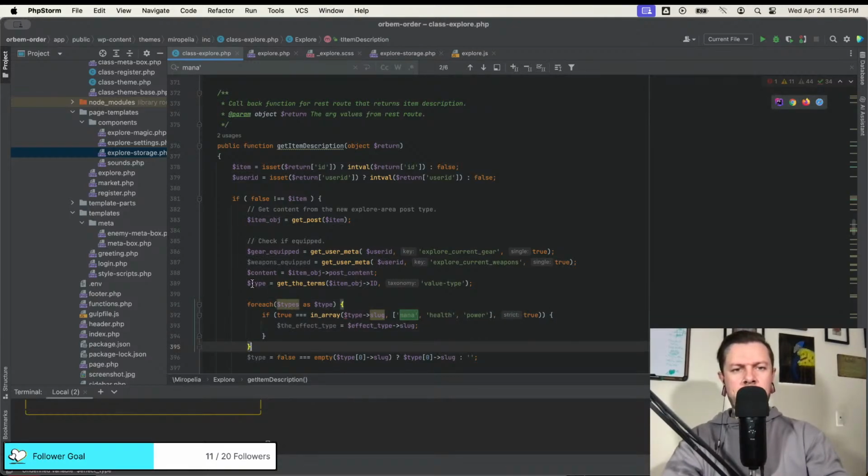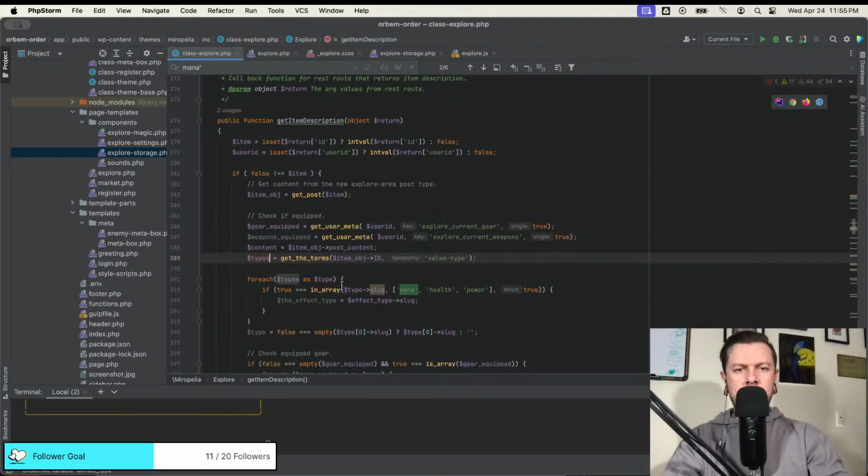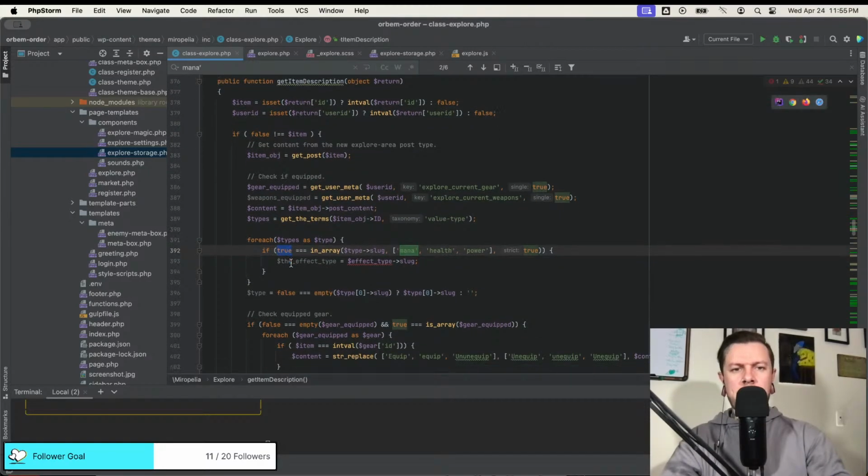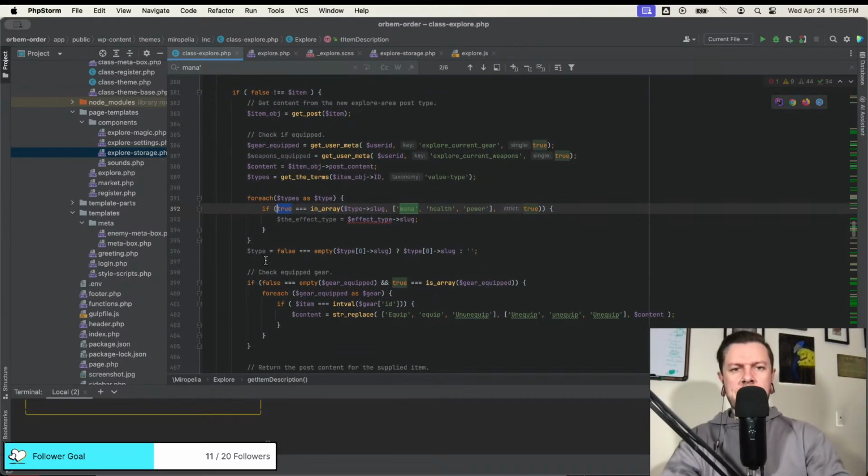Great. This is types. And if in array type slug mana health power is false. No, it's true. Then that's the type that I'd be looking for.